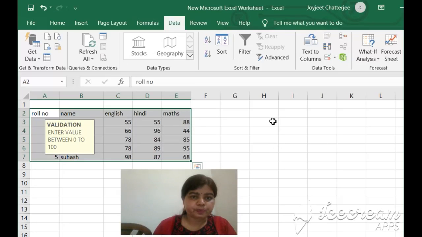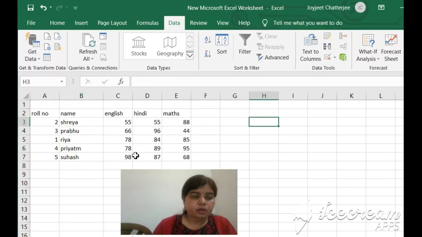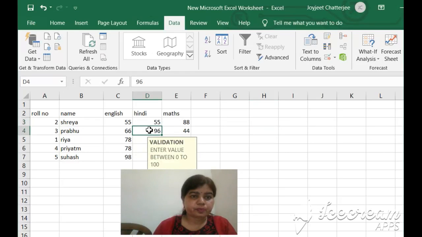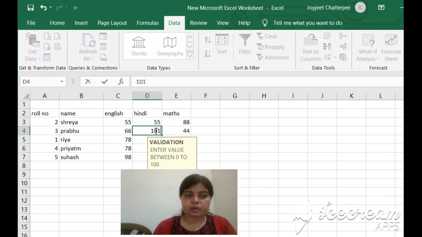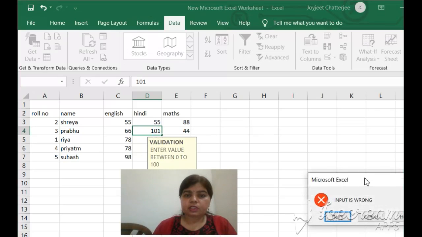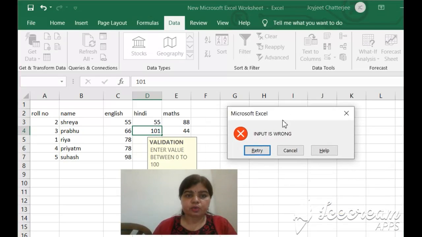Clear? That is set. Whenever you click on the cell, the message will come: Enter value between 0 to 100. If I try 101 and then press Enter, this dialog box will appear, and you can see: Input is wrong.